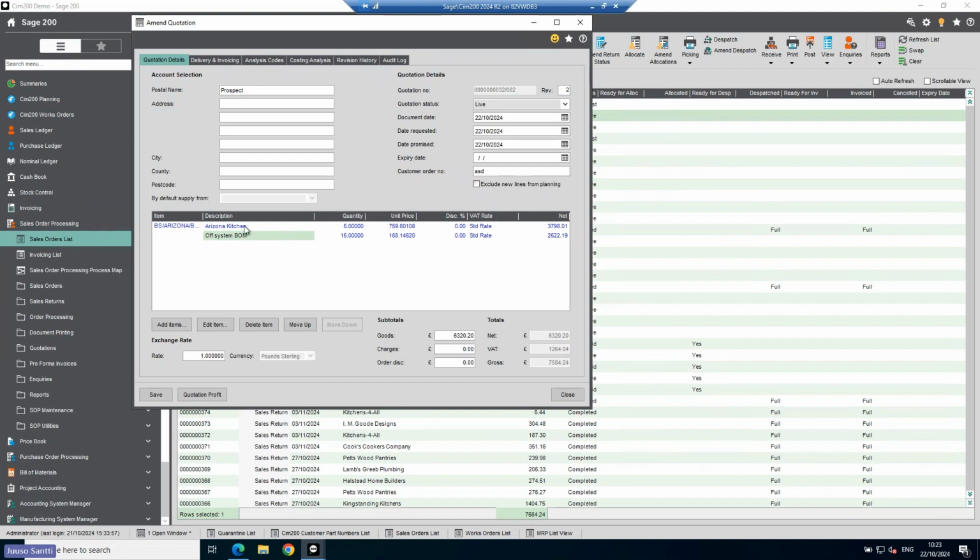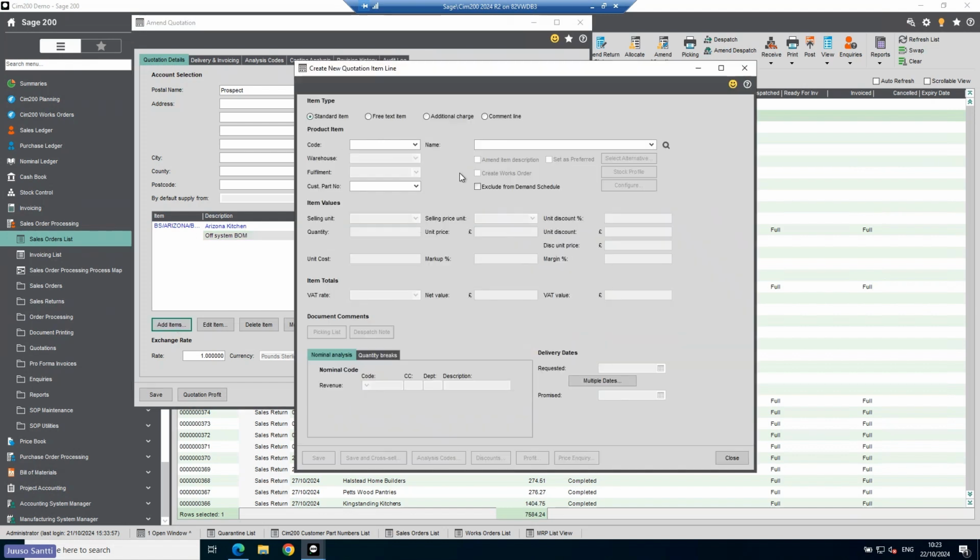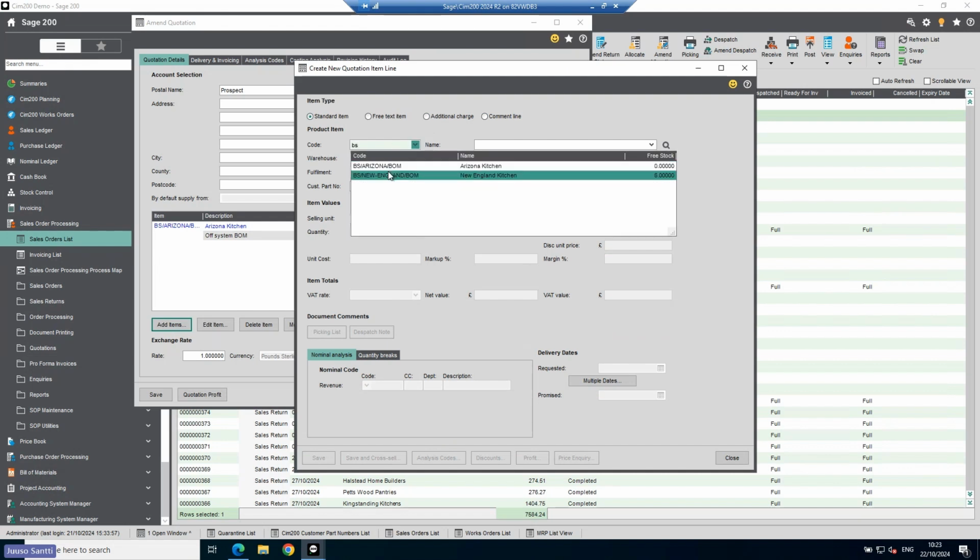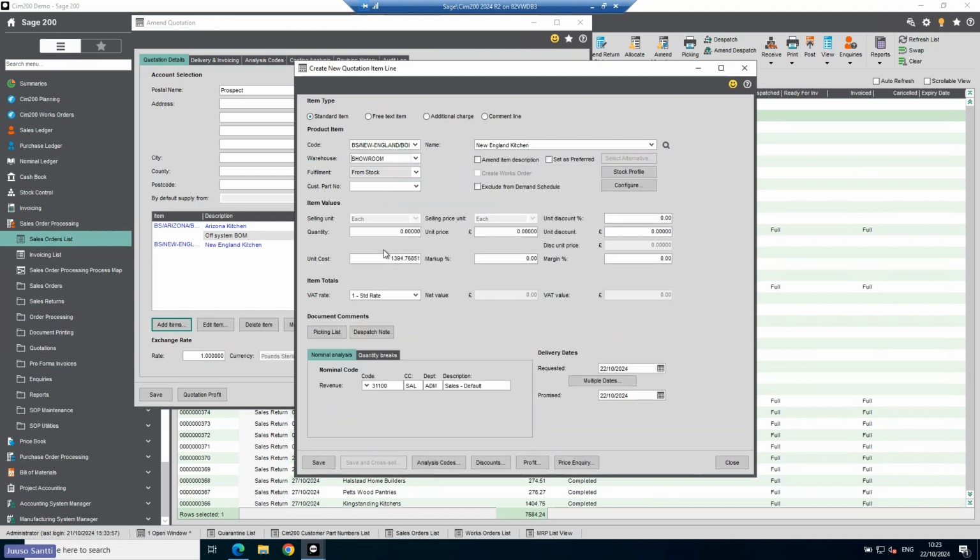Over here, I have a couple of lines, but if I add a new one, what I can do from here, if I go and have a look on a different one, let's say where it comes from, I get the costs and such like. If you are raising a sales order, you could create a works order, back-to-back create a works order if you have rights to do so. On saving of